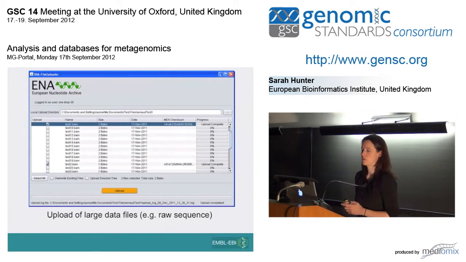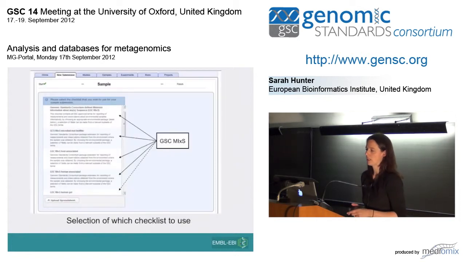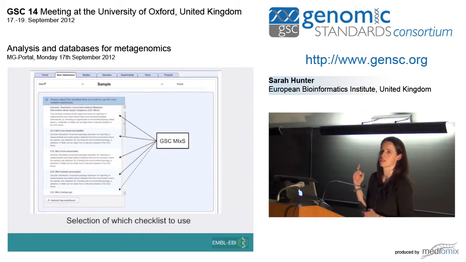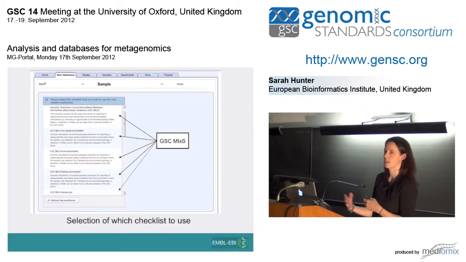So you can upload your raw sequence data files using a special uploader tool. But then you can also select, and this has only been released for maybe a couple of weeks, so people probably aren't familiar with this. SRA is a generic repository for DNA sequence data, so there are lots of different checklists. There's one for epigenomics. There's also GSC specific